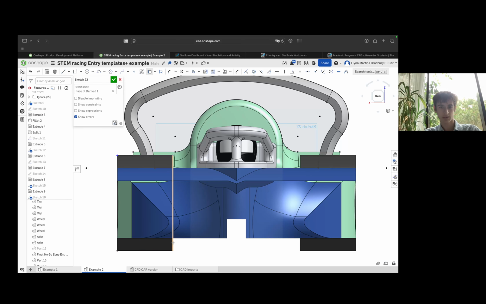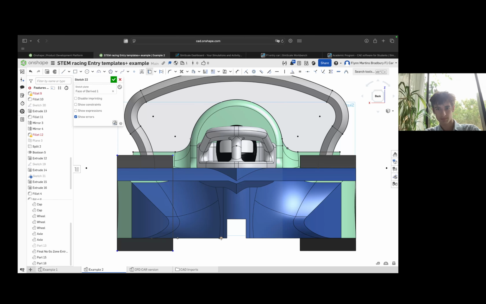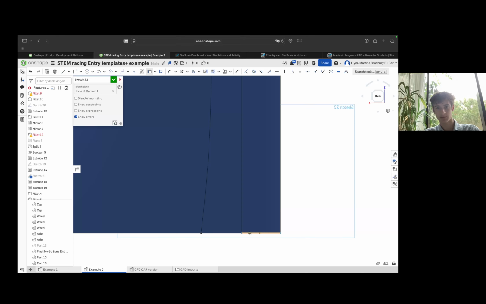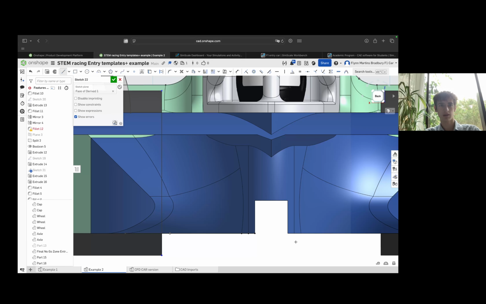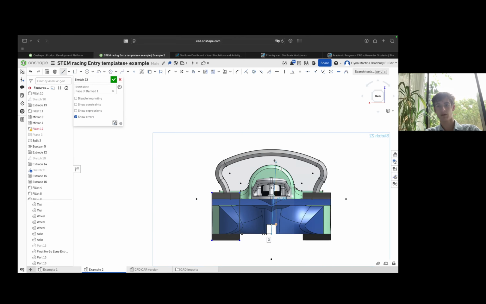So you only need to do that out to the edges really. And you can even do half the car, which is what I'm going to do. I'm actually going to include this as the reference area because we'll have the tether guides, so it's a bit more accurate. Split it right down the middle,